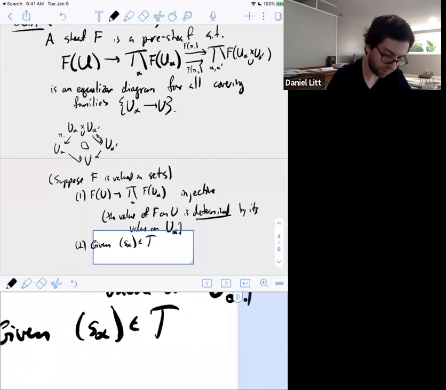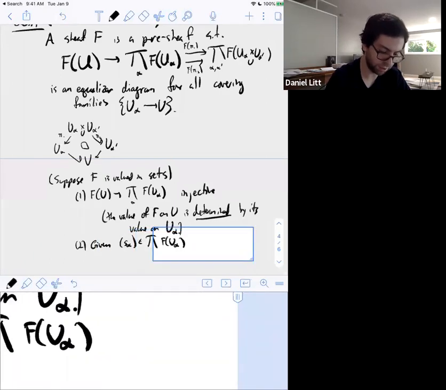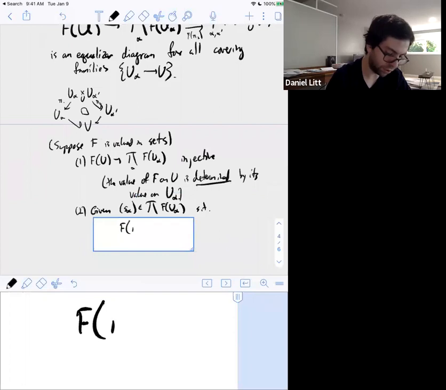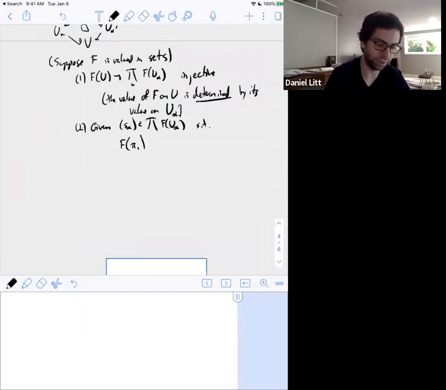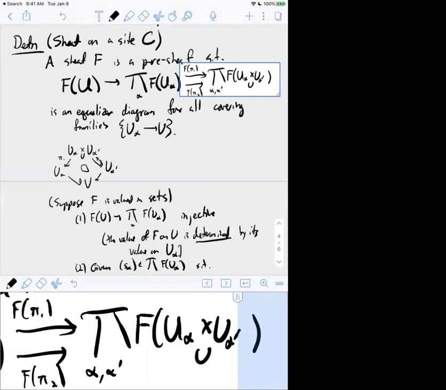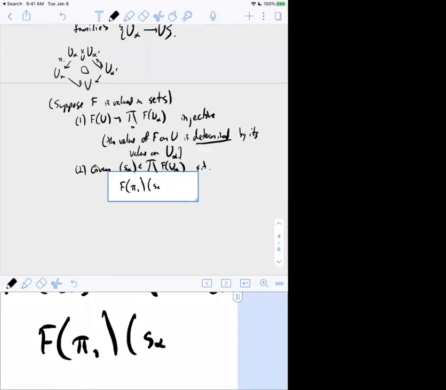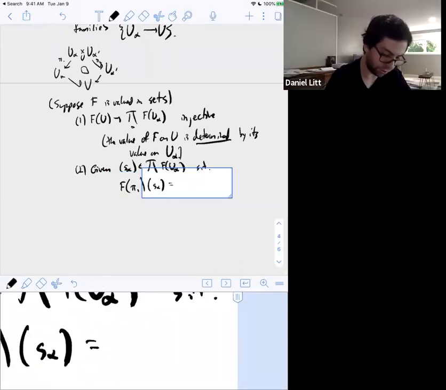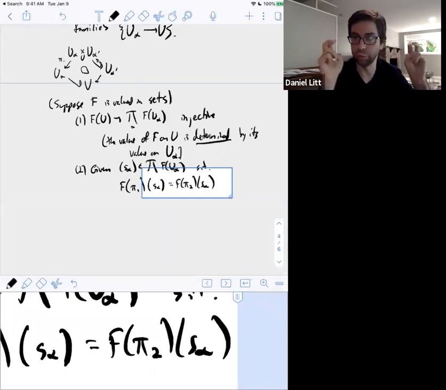in the product of these f of u alphas, so this is sections on a cover, such that when we apply the two projections, so when we pull back in the two different ways to the intersection, so we're supposed to think these fiber products are intersections. So if we pull back in the two different ways via these two projections, we get things that are equal. So if we agree on intersections,